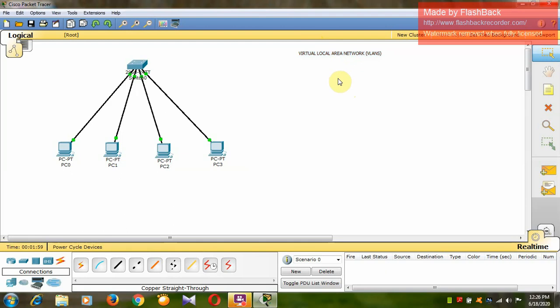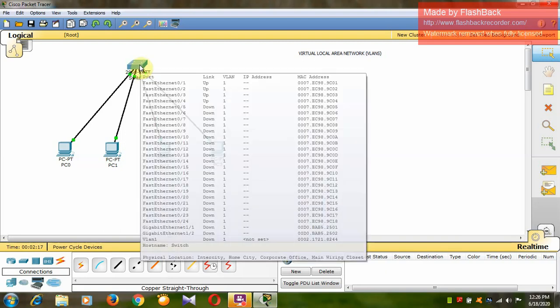That means, see here, I have taken one switch and I have connected all these PCs to this switch. Now by default all these PCs, PC0, PC1, PC2, PC3, will be under one VLAN. This is the property of the switch. The switch will always broadcast the frames.